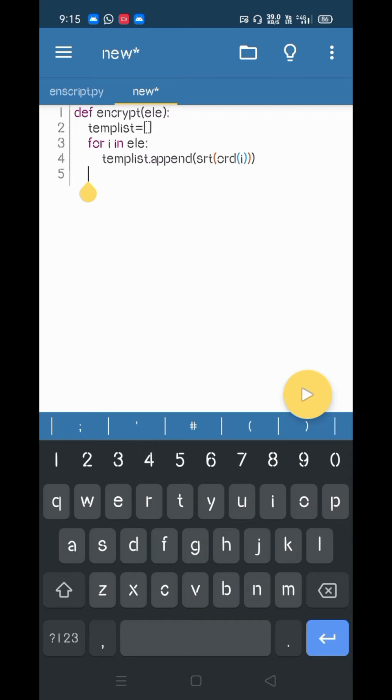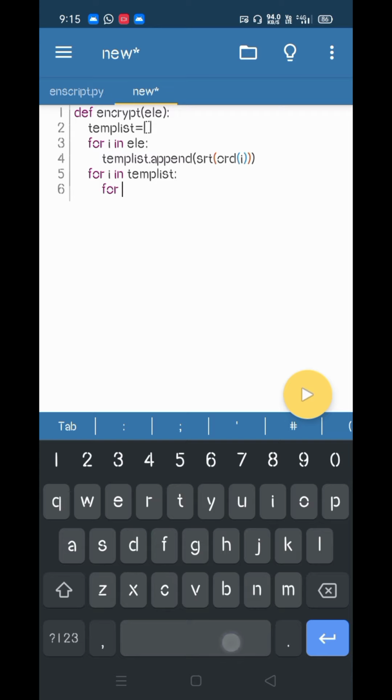Now we will go through each object of the string. So for i in temp list, again you have to go to each letter, that is each digit.